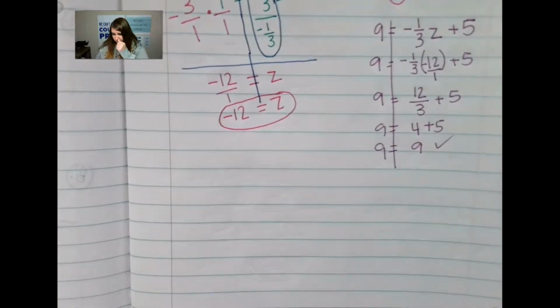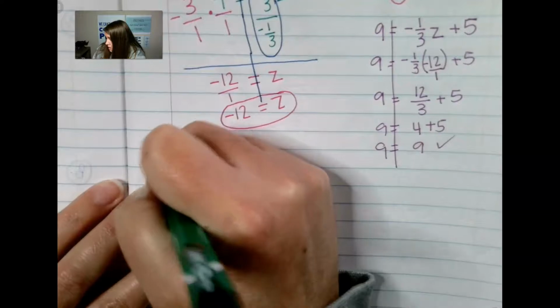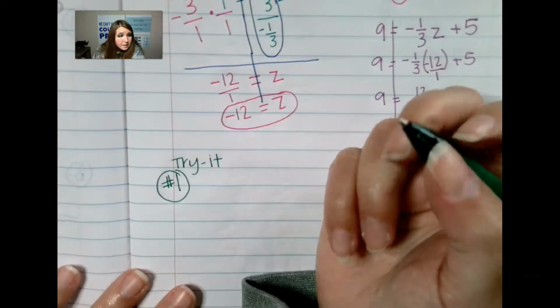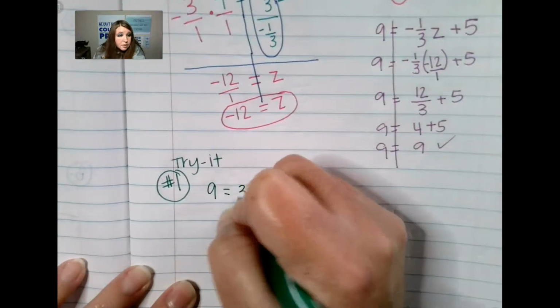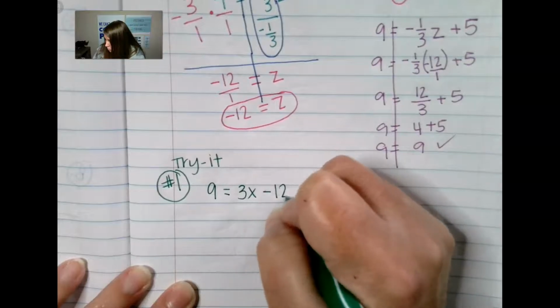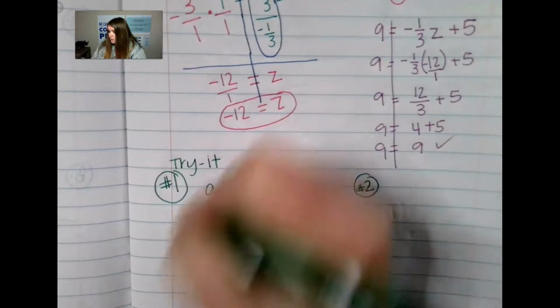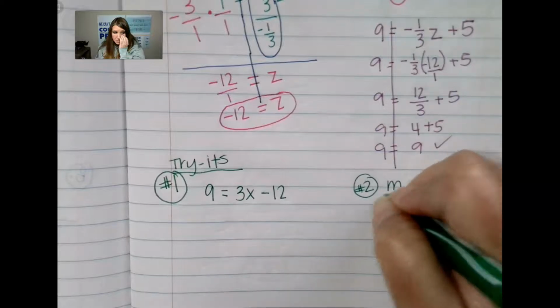Okay, let's do some try it. It is time for you to solve. Okay, so let's look at try it number 1. Try it number 1 says 9 equals 3x minus 12. That is try it number 1. And try it number 2 is m over 2